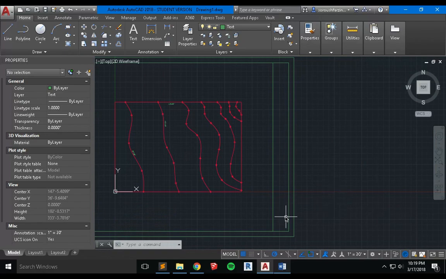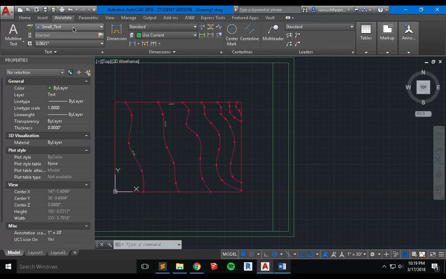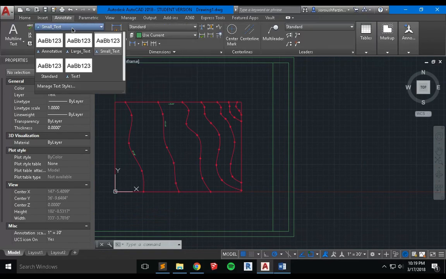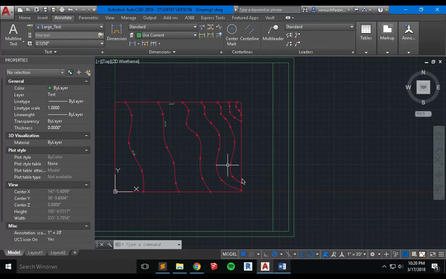The second thing I want to do is add the personal information and also the information about this drawing. So first, before I go to that part, I'm going to go to the annotation. I'm going to change the annotation text style to large text, and as you can see the annotation symbol is there, so that means that annotative scaling is active for this type, and then making sure the annotative scaling is 1 inch equal to 20,